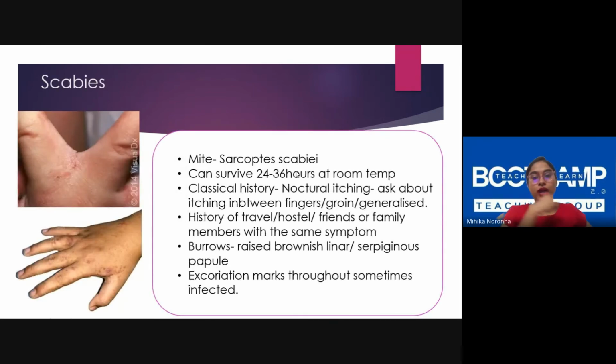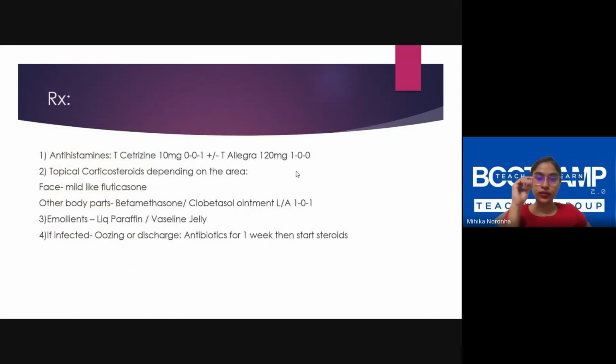So one of the things you can do is wherever you're seeing these open areas, you can give them an antiseptic cream for that area. Something like fusidic acid or mupirocin or Soframycin. Surrounding area, you need not give an oral antibiotic. It's not very extensive. But if they're having large involvement, give them something, especially a penicillin group works well for this. Doxycycline is another antibiotic which works well. Surrounding areas, you can still give a topical steroid.